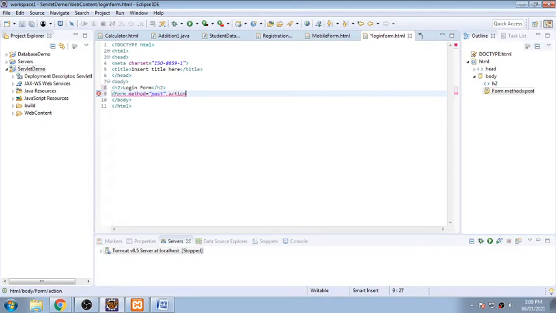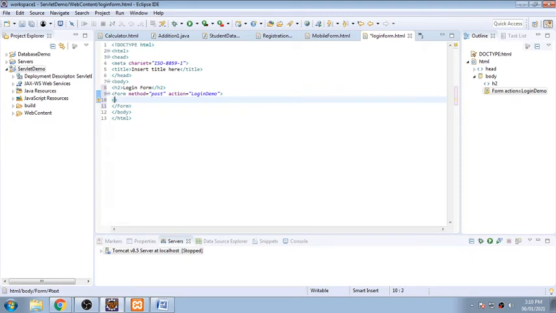The action will be the login servlet, login demo, I think. We'll call it login demo. We'll close this form, and we'll write something here.